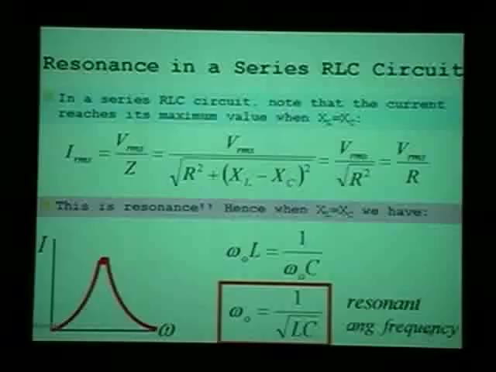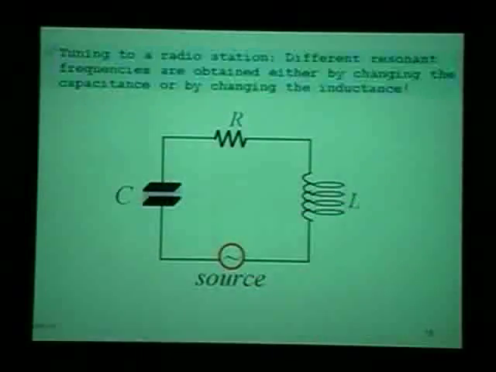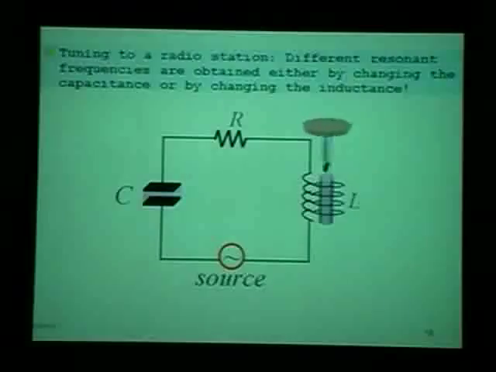How would you change the inductance or capacitance in that circuit? You could do it like this. You've got an inductor, say at the core, you know that if you move the core in the inductor, you can change the inductance. Right? If there was no core, we did an experiment on that. No core was 8.2 millihenries, the core was 33 millihenries. So the core has a big difference on the value of the inductance. So if you just move that core in and out, this is rather simplistic here. If you just move that core in and out, you could change the inductance, change your resonant frequency of that